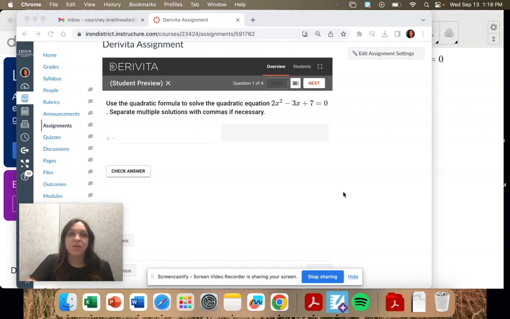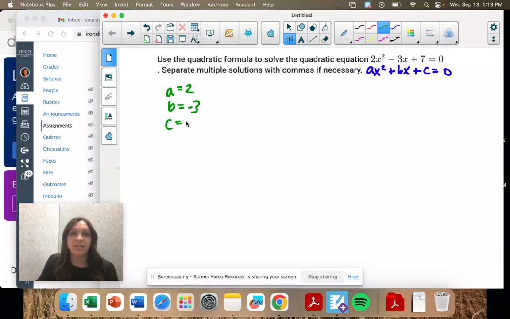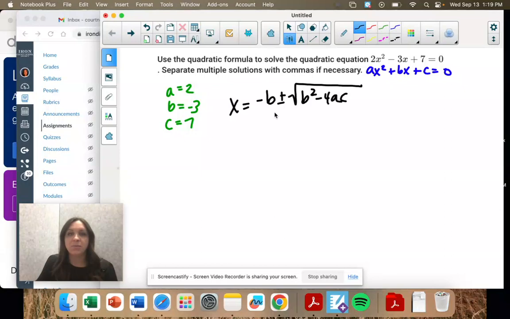All right, question 1, use a quadratic formula to solve. So we have our equation here. I'm going to write standard form underneath it because that kind of helps me see a is by x squared, so a is 2, b is the number next to x, so -3, don't forget the sign, and c is 7. So you're going to want to write down the quadratic formula somewhere, and we're going to substitute all of